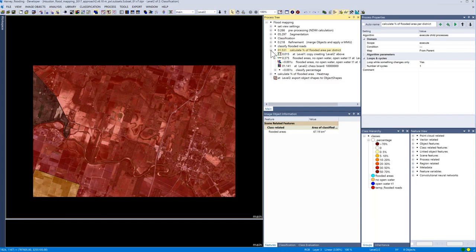Another question came in regarding whether we were contacted by or doing this work in cooperation with someone from Texas or any of the states affected by Hurricane Harvey. No, we were not. We were doing this purely as what we call fast prototyping or proof of concept. We wanted to demonstrate that, first of all, it is possible to do this type of analysis in eCognition.